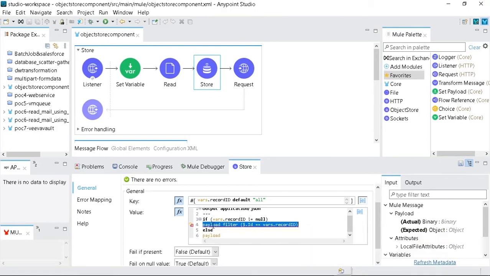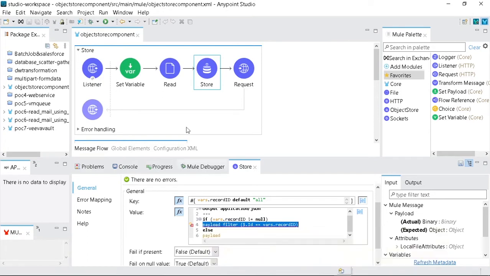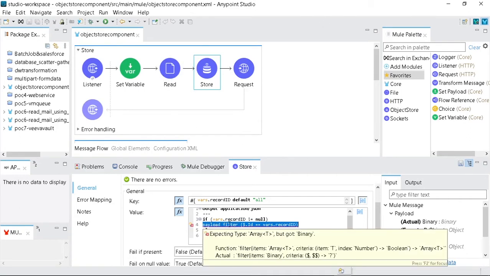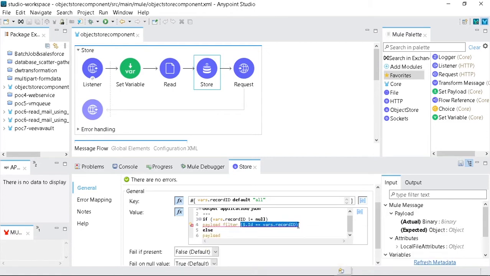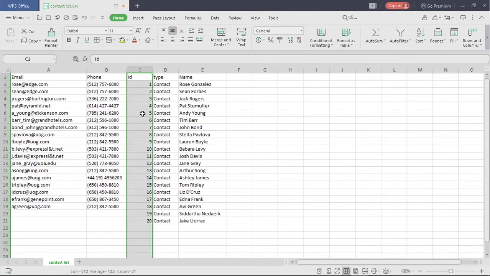So I have written payload, and payload means whole data, whatever data is fetched through this component, and filter is the keyword to filter out the data, and inside the bracket I have provided the condition here. So $.id is signifying the whole id column, 1 to 20.